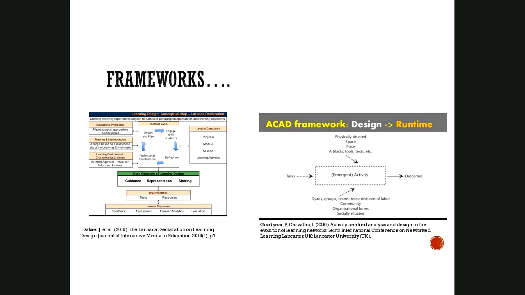And then if you look at the left-hand side, it talks about educational philosophy, theories and methodologies, and learning environments, characteristics and values. So theories and methodologies, although they go together, the theory becomes really central for a methodology. And the theory has to have a very clear philosophical underpinning. And this is where we have had a lot of debates about